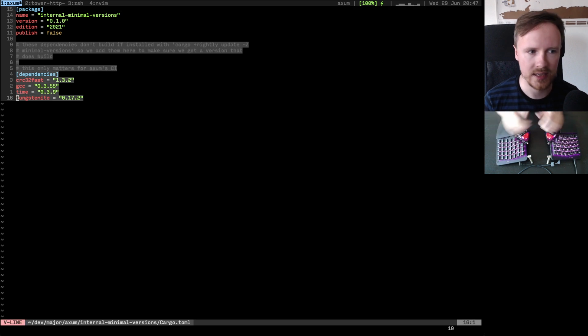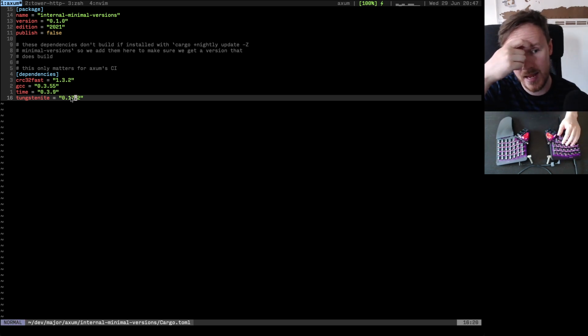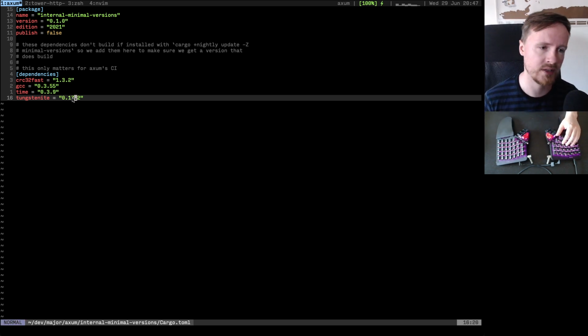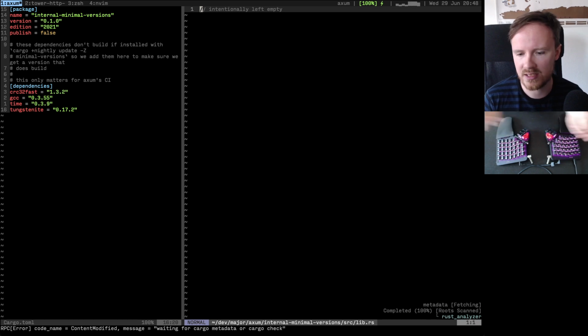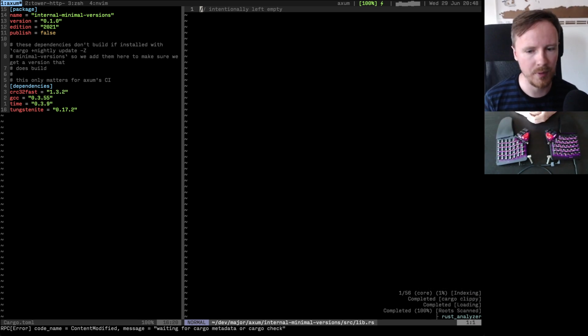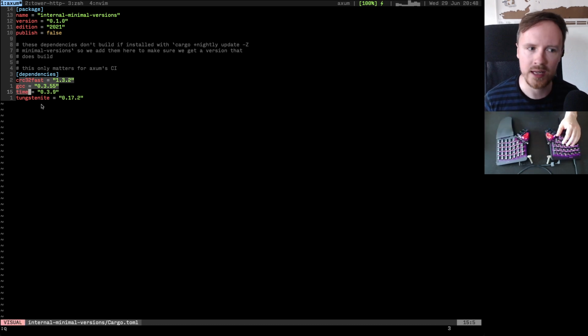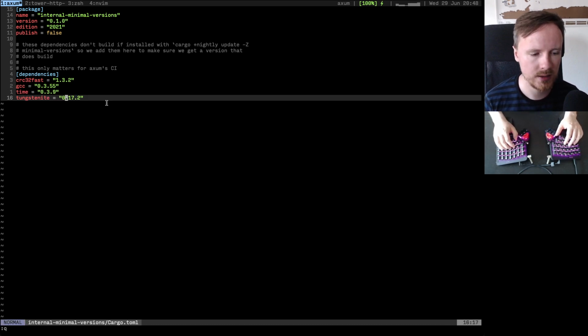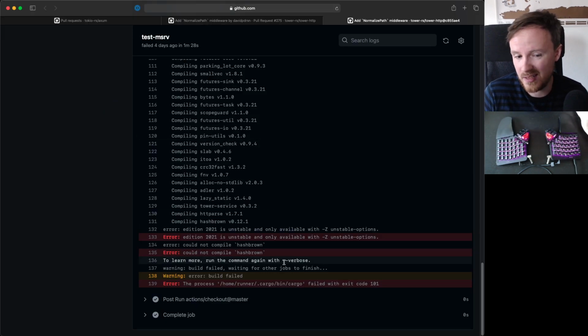So the very hacky and not very pretty solution that we ended up doing in Axum was just having a second crate that pulls in a version of whatever crate that we know builds and supports our MSRV. And this crate is just in the workspace, but is totally empty, and it just exists to bump the minimum version that we get in. And these are all transitive dependencies. So to fix this one in Tower HTTP, we'd basically have to do the same thing,